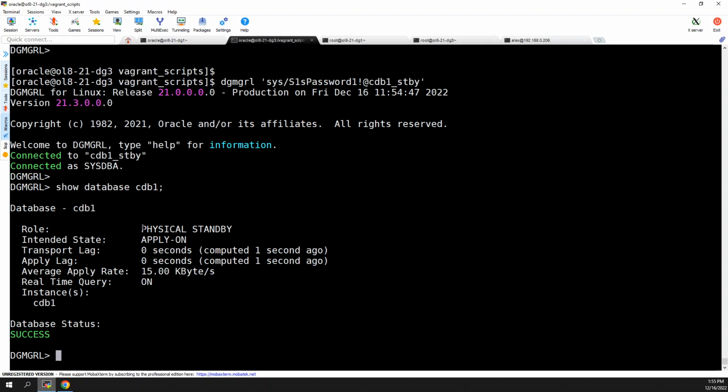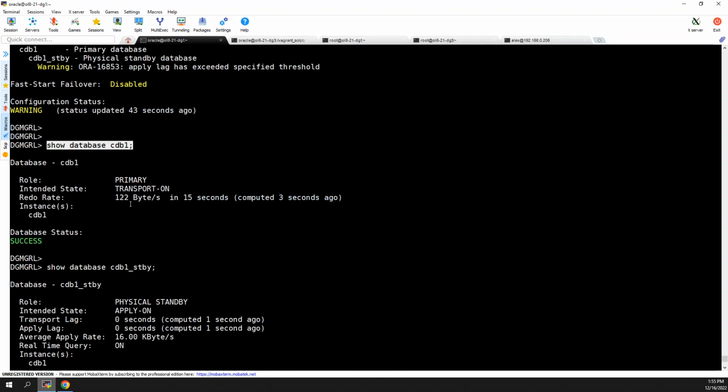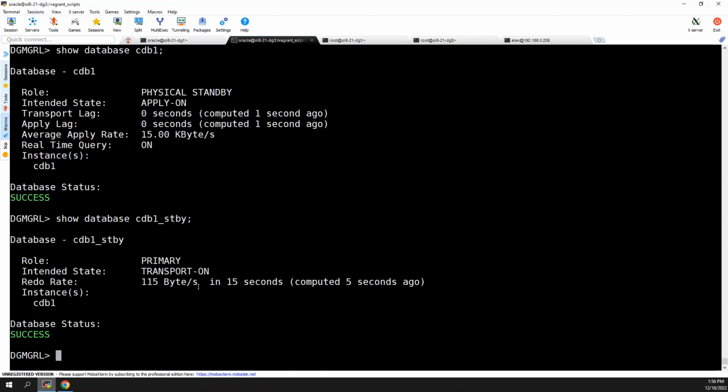Instead, after the switchover, CDB1 became physical standby, and the other one is no longer standby. Instead, it's primary. So the switchover has been done,